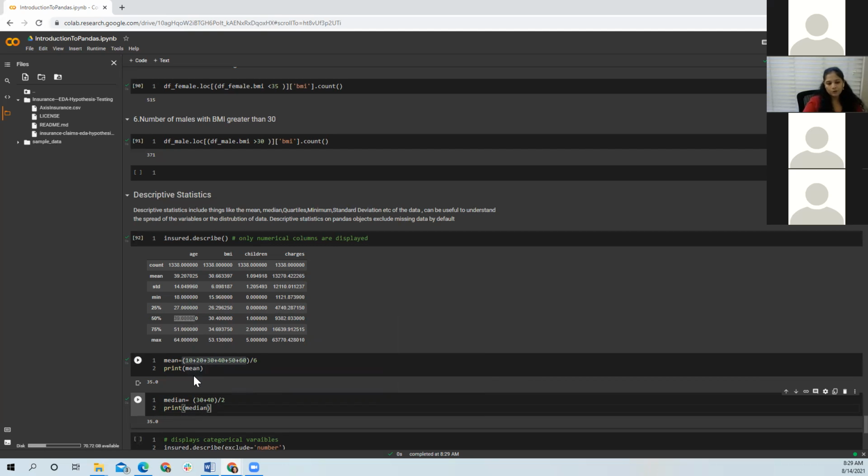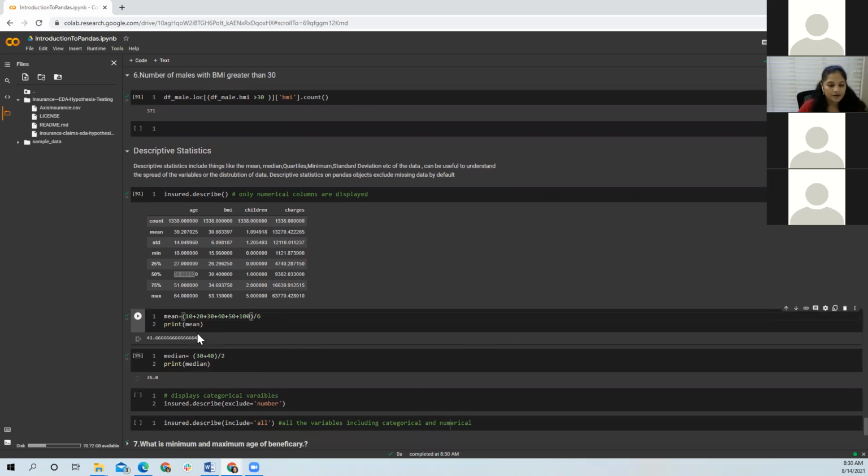So what is the difference between mean and median then, if both are giving me 35? If I have some extreme values here, my mean would change drastically, but my median will not. So here, instead of 60, if I have something like 100, you see my mean has changed.